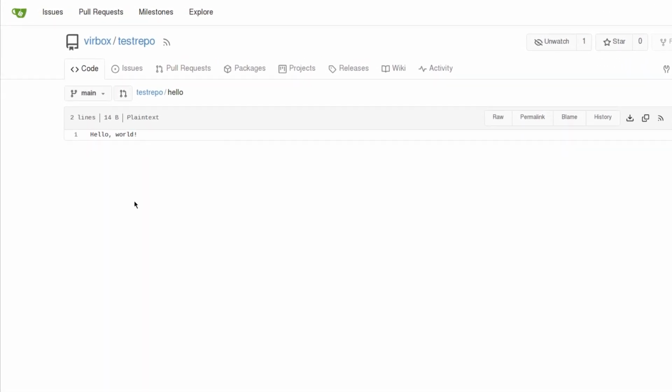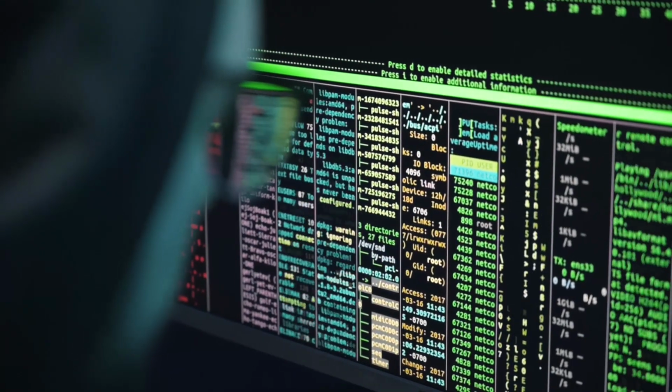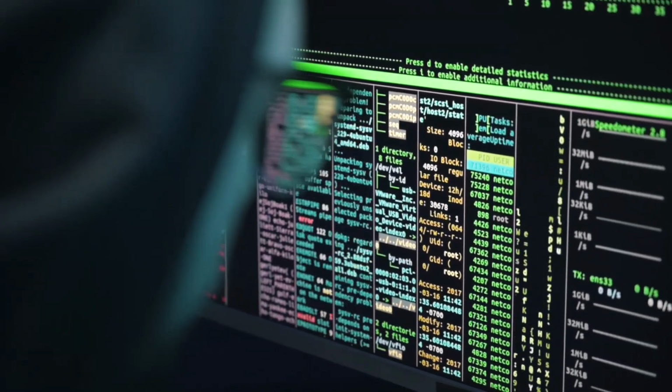Isn't it amazing? Now you know how to deploy a full-fledged Git server with a web interface on a Hostinger